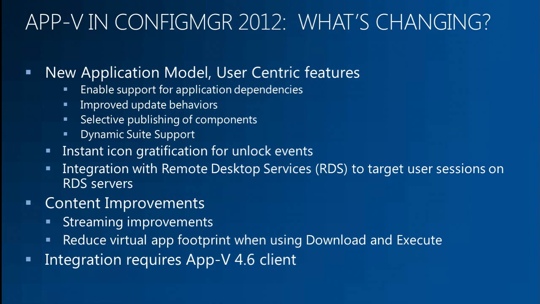So you can actually create dependencies, this is pretty cool, based on different technologies. So an AppV app, which is a virtualized deployment, a virtual deployment type, can be dependent on an MSI or something else that might need to be deployed ahead of time, like the AppV client, for example. So we've got improved behaviors around updating. We're now able to selectively publish components within the AppV package. Before, you weren't able to selectively choose the different applications you wanted to see